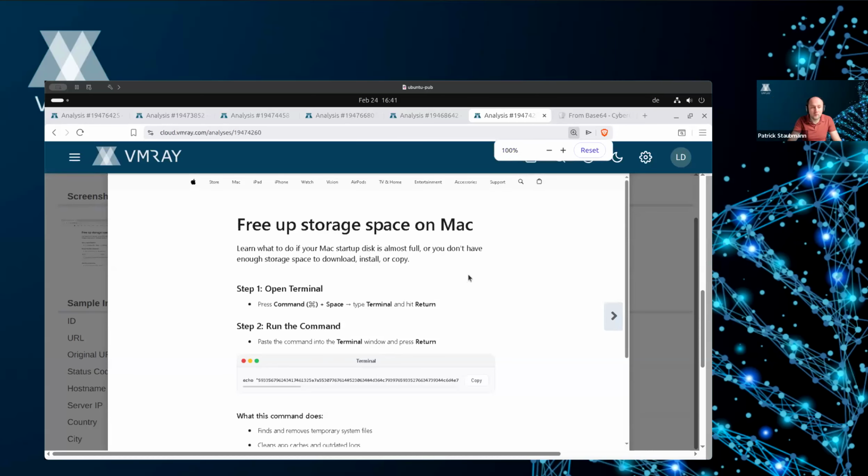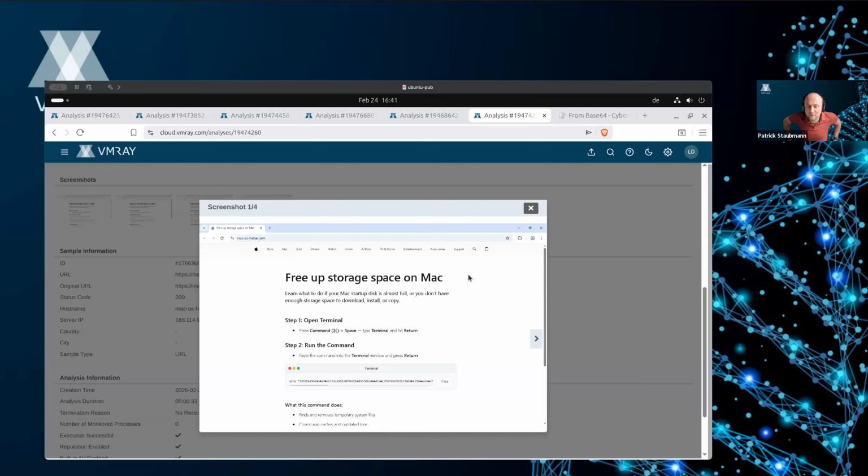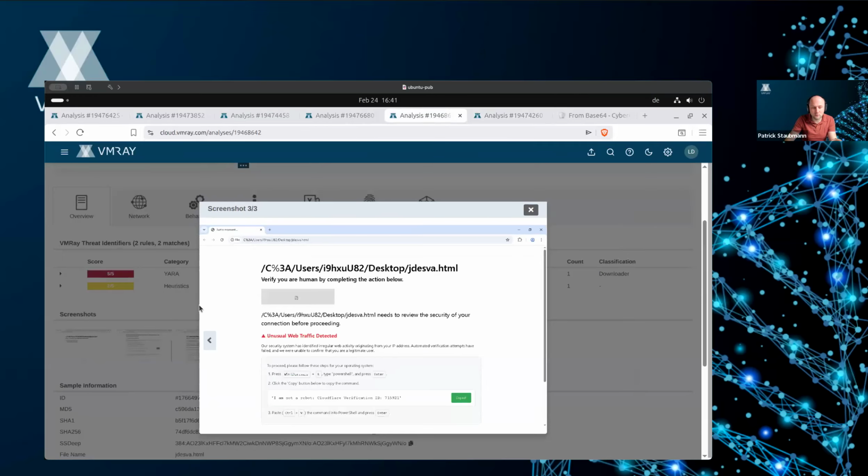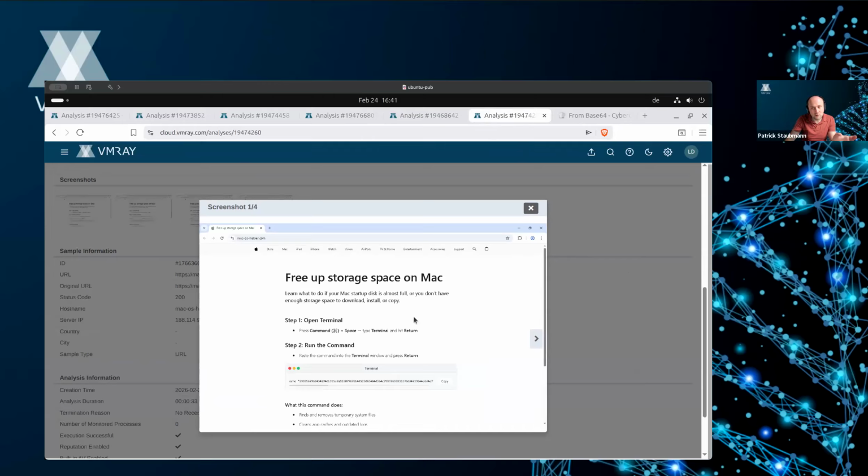Yeah, so basically for web analysis we use VMRay, which currently only supports Windows devices. So that's also why, when I'm switching back to that page here, you can only see the Windows version of that page that got presented here. But this page, even though you use Windows to visit it, is specifically and only designed for macOS. So this page doesn't really have any logic implemented that tries to distinguish between operating systems. They just say, hey, if you're a Mac user, then this is relevant for you. And that's also what I guess you see here anyways.